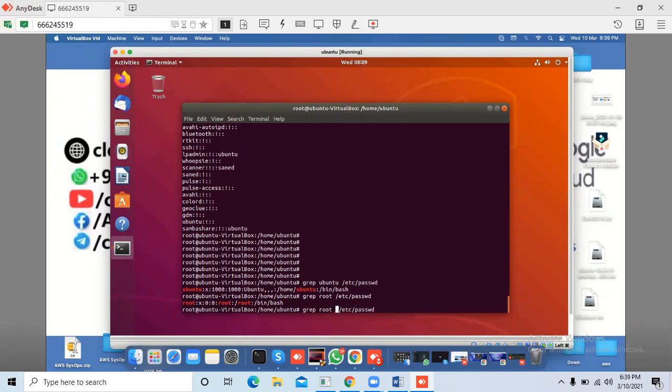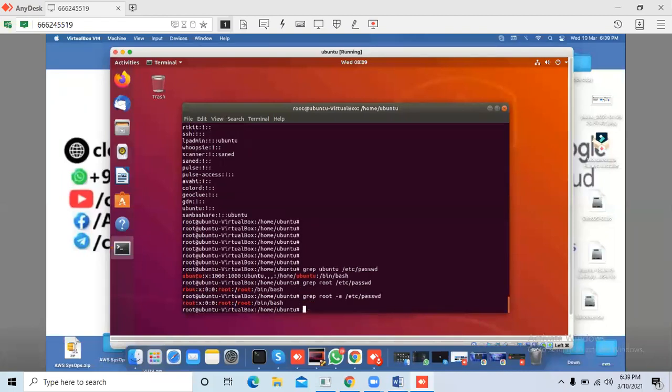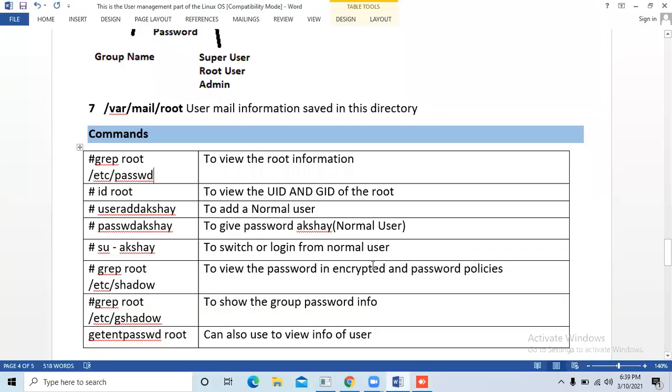There is one more option like that. Okay, let's see in next. So id root is for viewing the UID and GID for root.